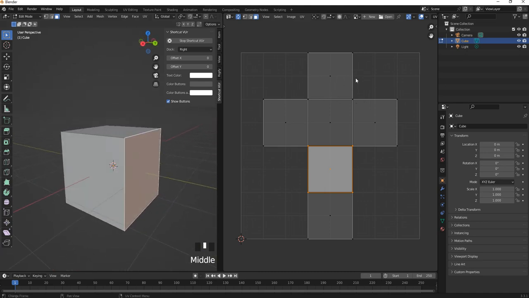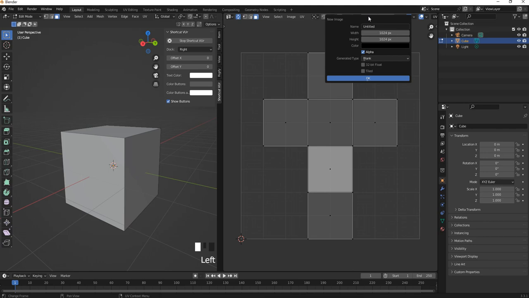Okay, so let's try to do that. For now, this doesn't have a UV map yet. In order to create a UV map, we need a coordinate, but we also need to create a UV image. So let's go here, click New to create a new image, and I will call this one cube